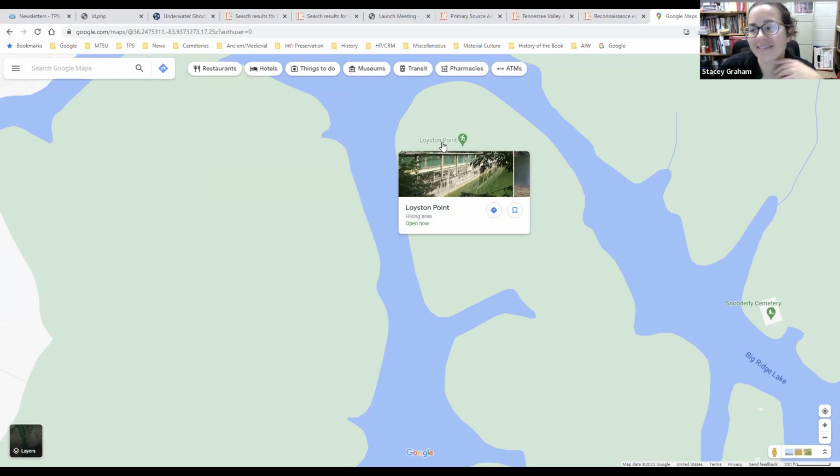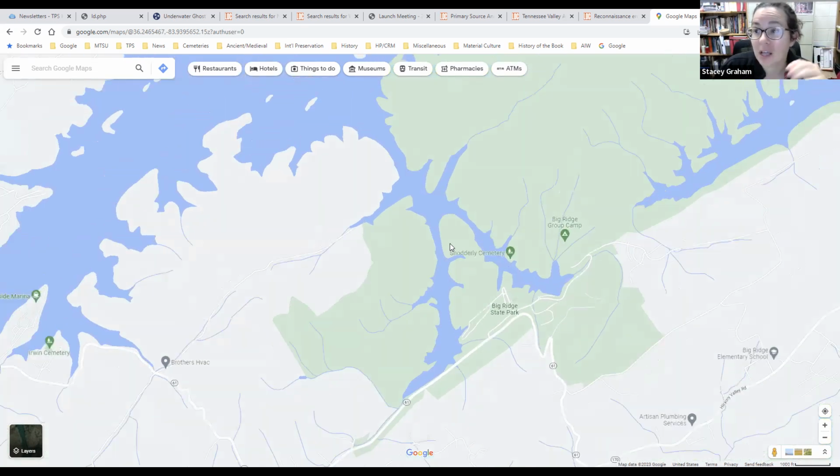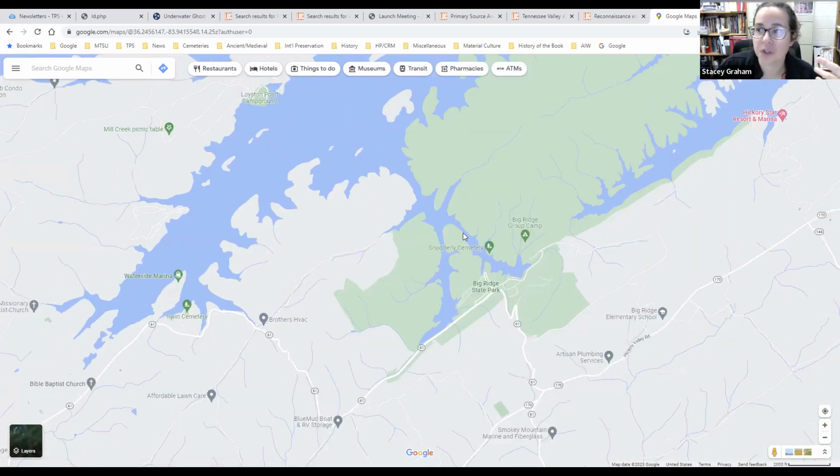And so there are other examples, like if you're going down and looking at the Watts Bar Dam area, there are roads that you can tell would have gone into the town, but now they just go towards the lake, but it's still got the name of the town on it. And so that gets kids thinking about local landmarks and place names and what stories those have to tell, because place names don't just happen randomly, they happen for reasons. And so why are these things named that? And do they point to a certain history of that area? So there's a lot of different directions that you can take this if you want to,